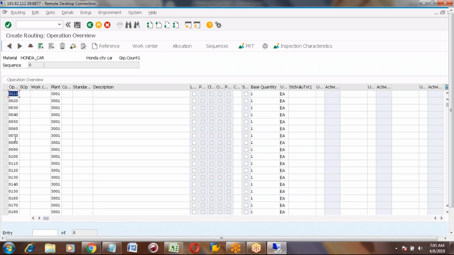This is nothing but a serial number: 1, 2, 3, 4 like that. These are 10, 20, 30, 40. So the next, third column, you need to enter the work center here. Whatever work center we created, WC001, you can enter here. After entering it, if you press the enter button,